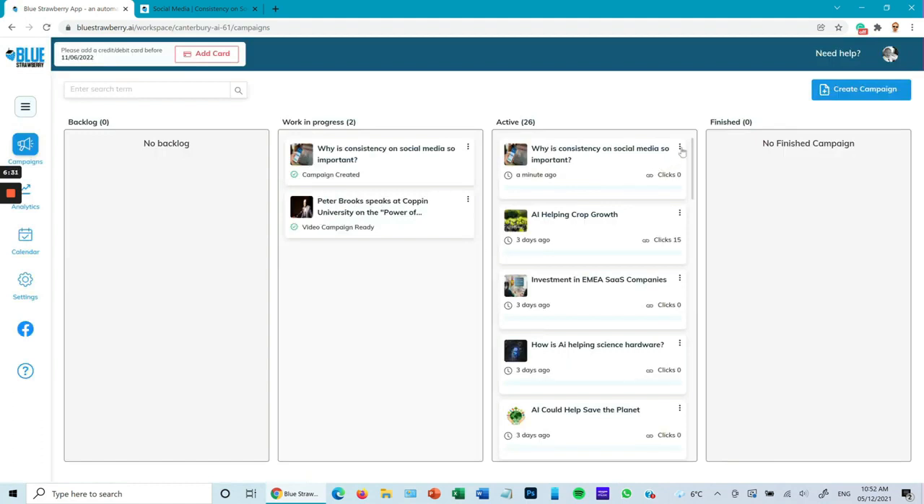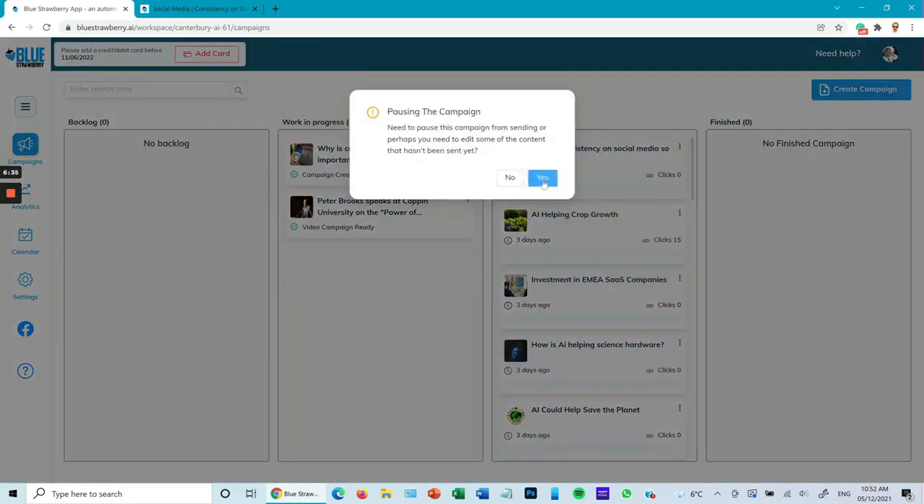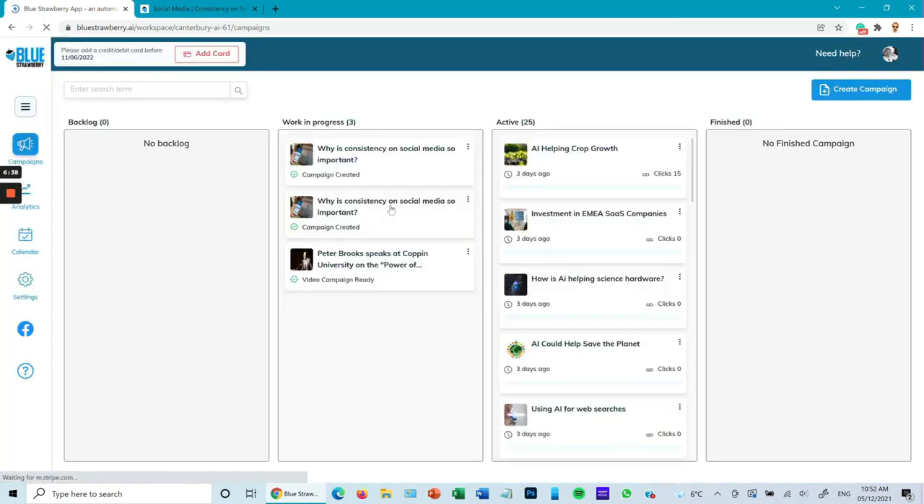And if I wish to pause this at any point, I can pause it, and that will bring it back into the works in progress. So pause it back, and it brings it into the works in progress. I can delete campaigns very easily. I'm going to delete it,